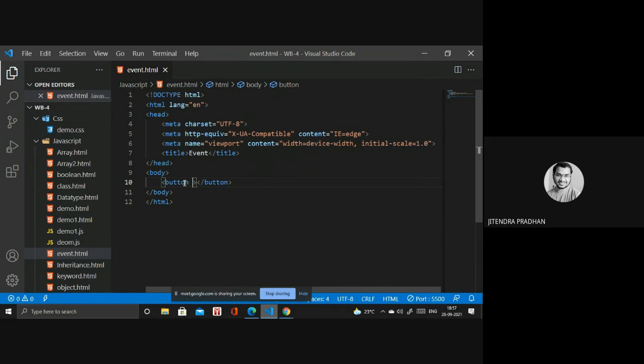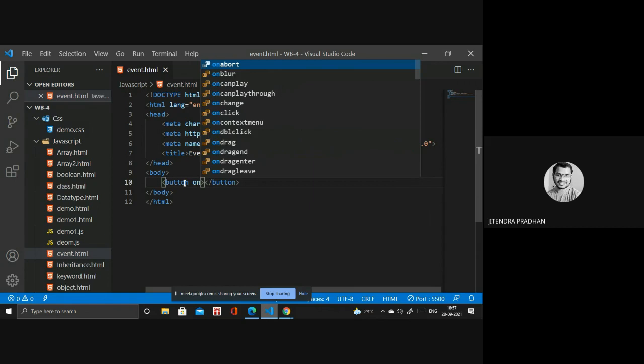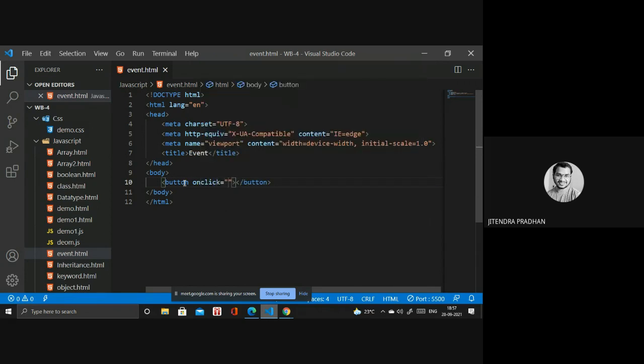So we are discussing on click, right? On click is an event. Inside it I will declare a function, and inside the function I will write the script.